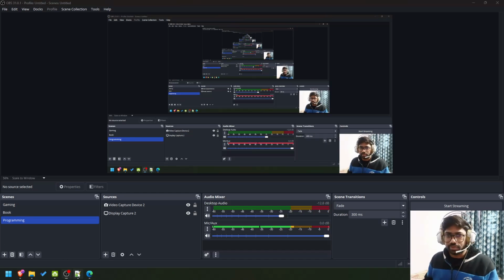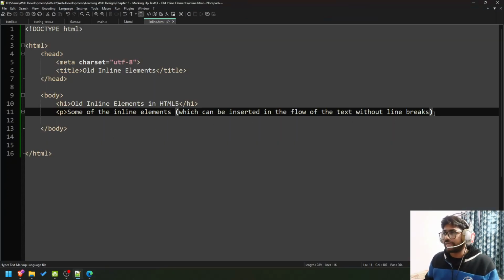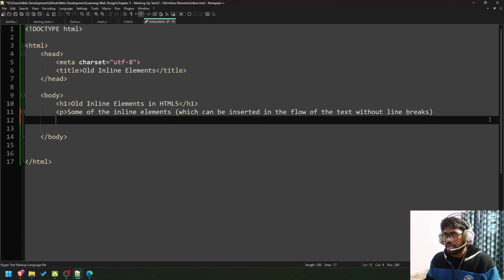Okay, let's continue. Some of the elements without line breaks that are still present in the HTML file spec are